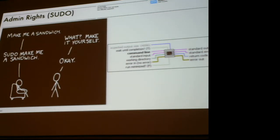Now, the limitation you have is if you use the System Exec VI inside of your LabVIEW, it runs as the user that is actually the CompactRIO, which at that point is a user called lvuser. It's not an admin, it's not anything. It doesn't have a password. It'll ask you for a password if it doesn't have one, or if it does have one, you don't know what it is. You can't get it. So a way around this is you need to change the lvuser to be in sudo